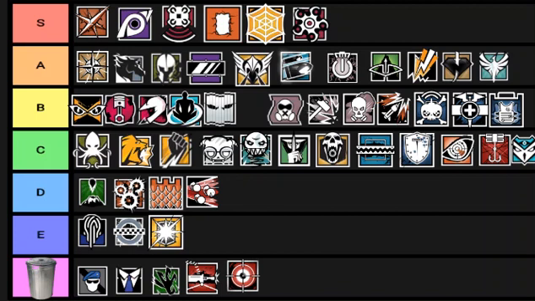It's pretty easy to counter his guns. They're okay, I guess. They're decent. So Lion gets a C tier. Alright. So the thing about Finka